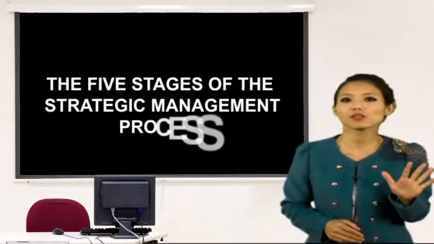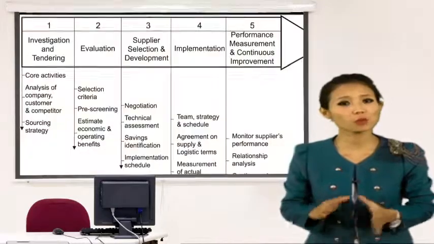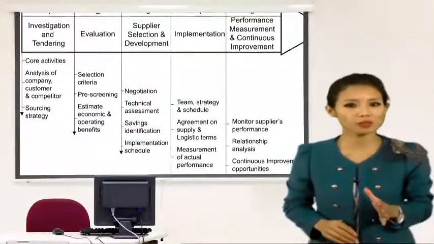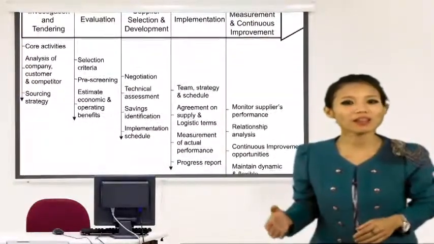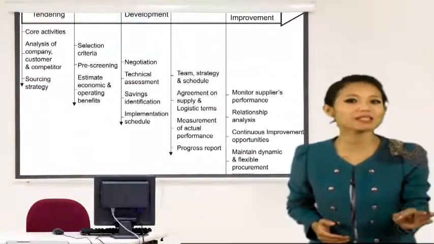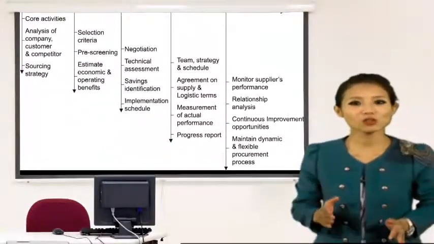The 5 stages of the strategic management process. The strategic management process is more than just a set of rules to follow. It is a philosophical approach to business. Upper management must think strategically first, then apply that thought to a process. The strategic management process is best implemented when everyone within the business understands the strategy. The 5 stages of the process are goal setting, analysis, strategy formation, strategy implementation, and strategy monitoring.